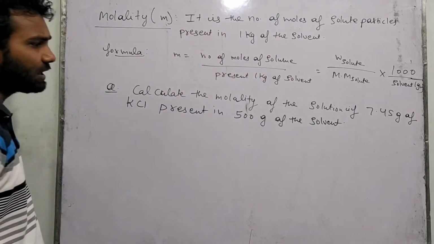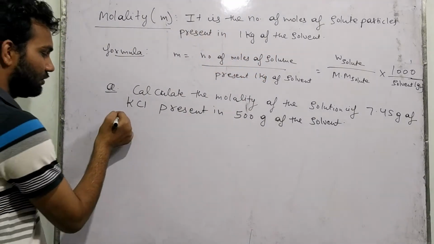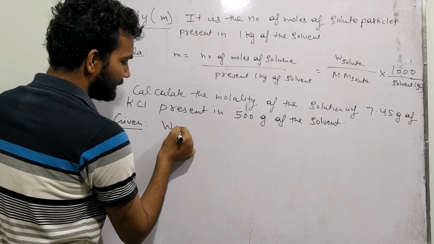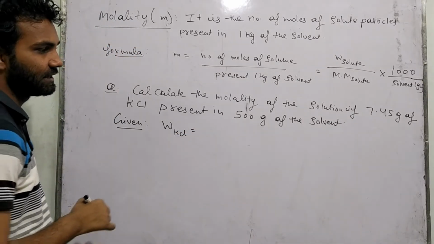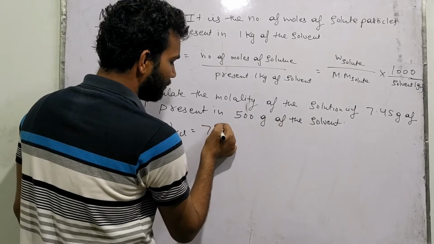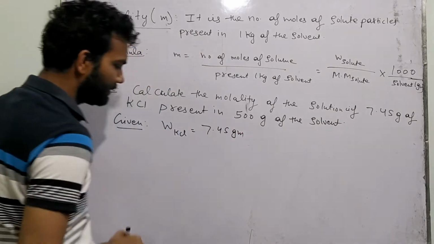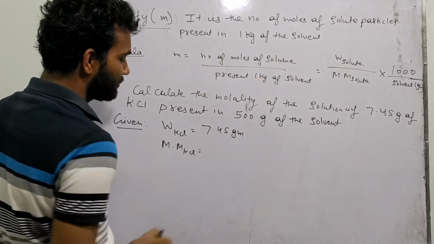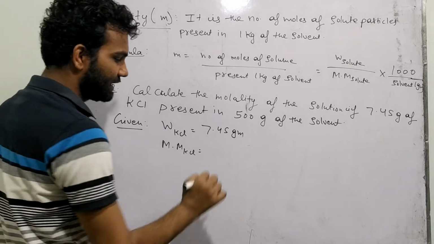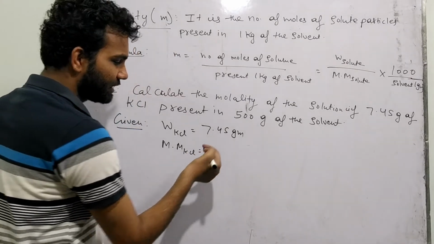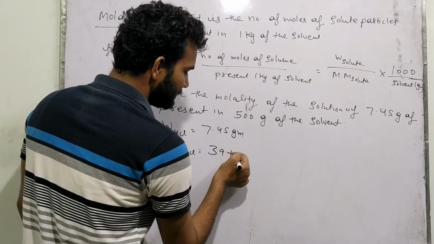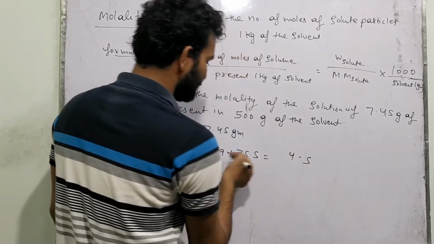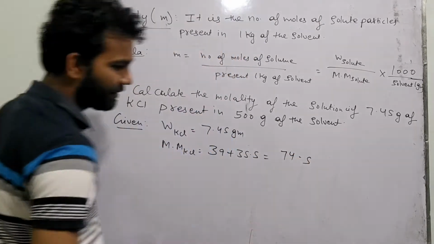ये आपका क्वेश्चन है। तो आपको इसके अंदर मोलालिटी निकालना है। तो फर्स्ट ऑफ ऑल वी विल राइट द गिवन वैल्यूज। गिवन इज WKCl. WKCl means mass of the KCl, that is 7.45 gram. Clear? Molar mass of KCl. बिकॉज हमें नंबर ऑफ मोल्स निकालने हैं तो हमें मोलर मास चाहिए होगा। तो मोलर मास ऑफ KCl इज इक्वल टू पोटेशियम का 39 प्लस 35.5, तो ये आपका 74.5 आ गया। ये आपका मोलर मास आ गया।